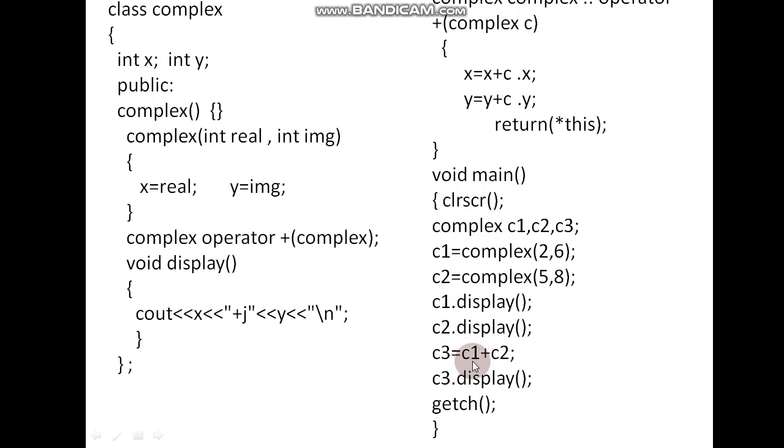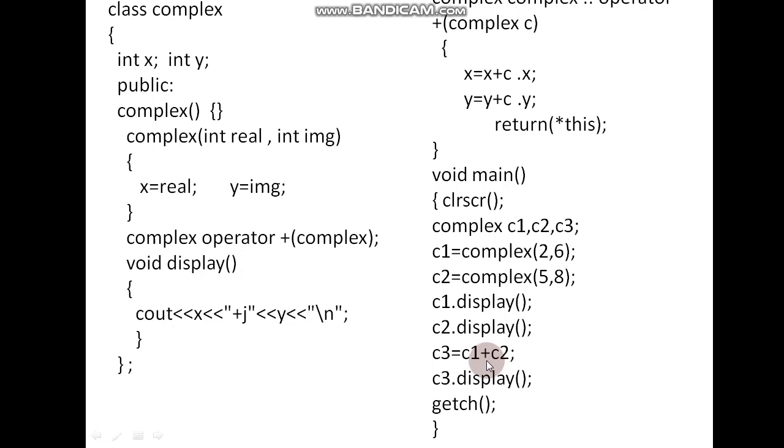We are adding C1 and C2 using an operator plus. Now we have to provide a new meaning for this plus because we are adding two objects of user defined data type. Its addition will be stored in C3. Then we are displaying the addition, C3.display.